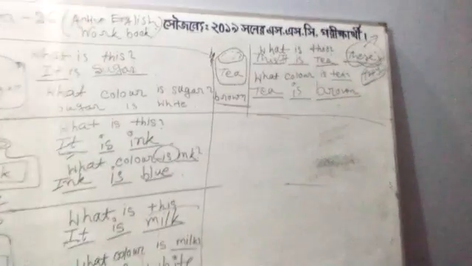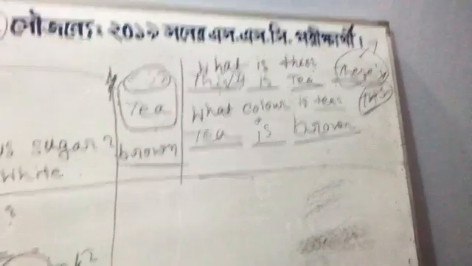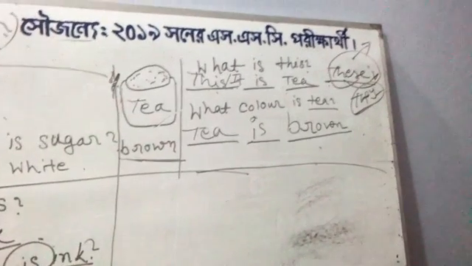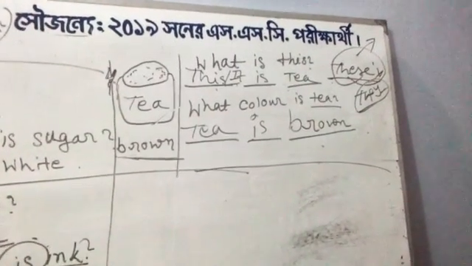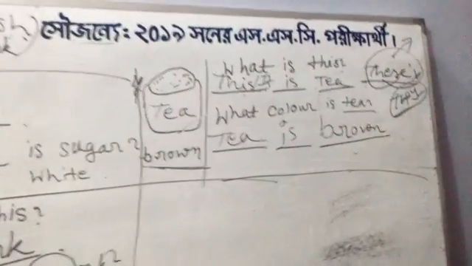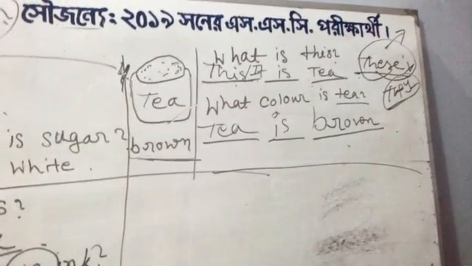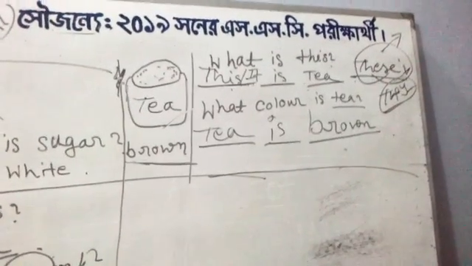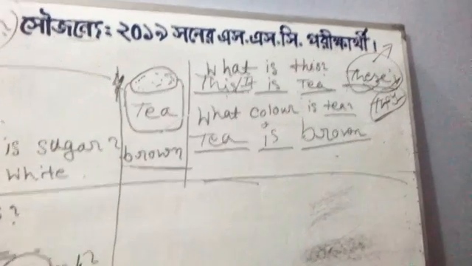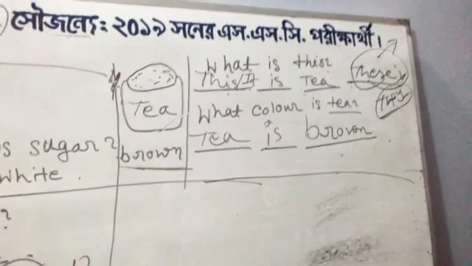Now coming to the last one, number 4. You can see it's a sack of tea leaves, though it's not liquid, it's not made as liquid tea. From seeing the picture, as tea is written on the sack, we can understand that it's full of tea leaves. So it's tea and the color of tea is brown. So what is this? This is or it is. Whatever you want, you can put any one of the pronouns.